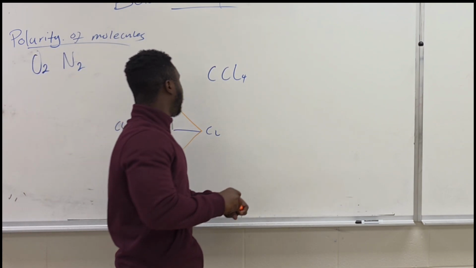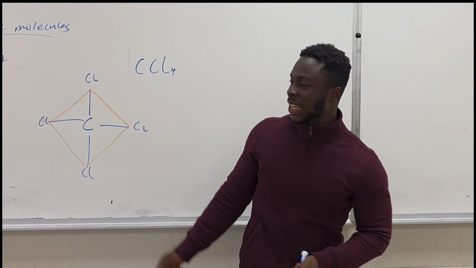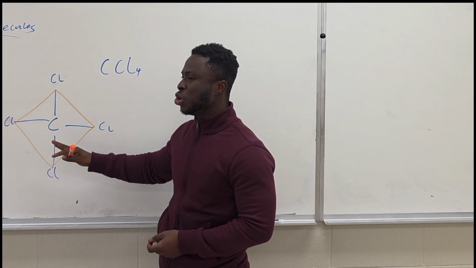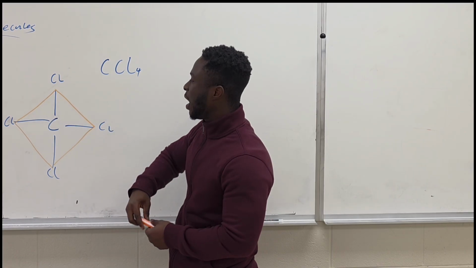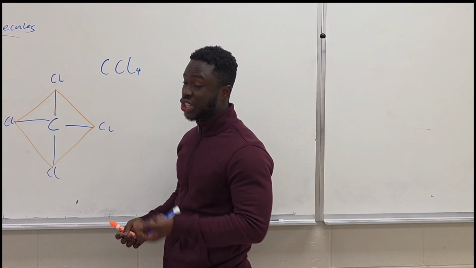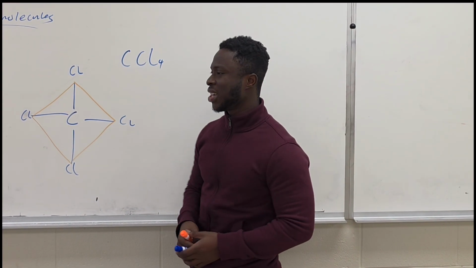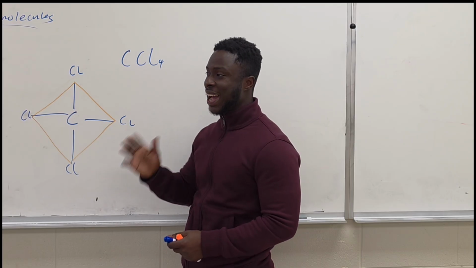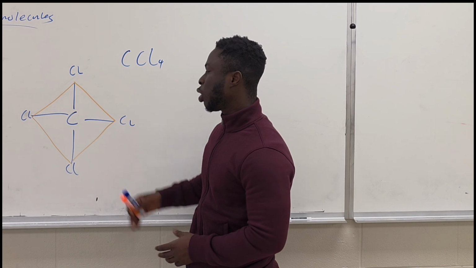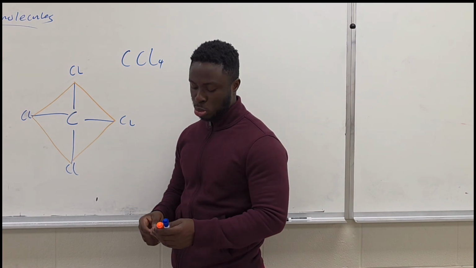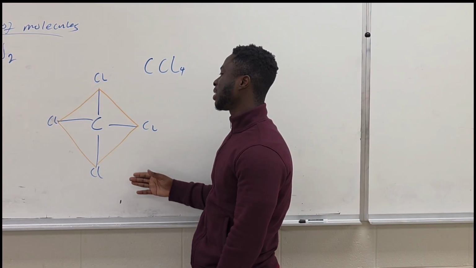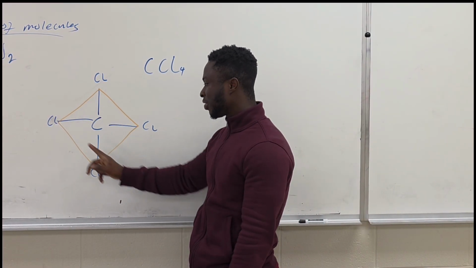So these atoms are of different electronegativity, and the one with the bigger electronegativity will pull more of the shared pair of electrons towards itself. Once it pulls the electrons towards itself, it renders these ones to pick up a partial positive charge. Once they do that, you might say that the compound is polar, but this specific compound, carbon tetrachloride, is non-polar because the vector sum of the charges points towards the vertex of the tetrahedron, so they